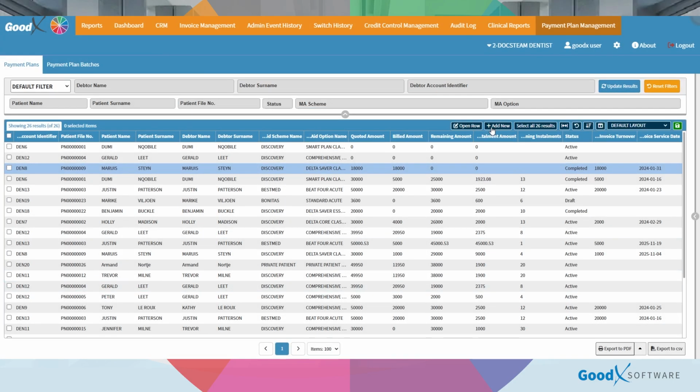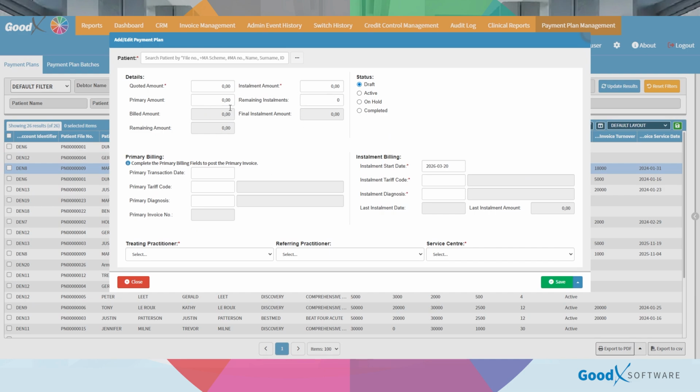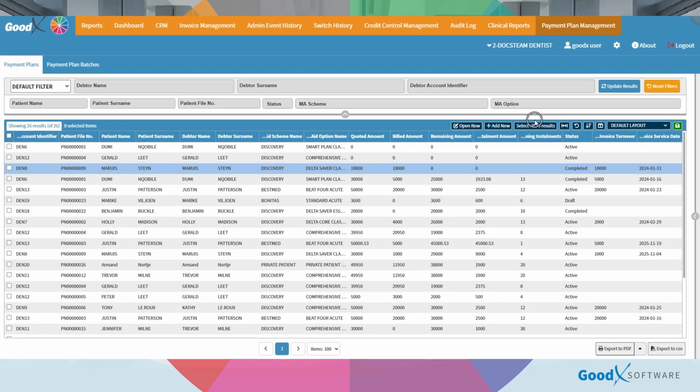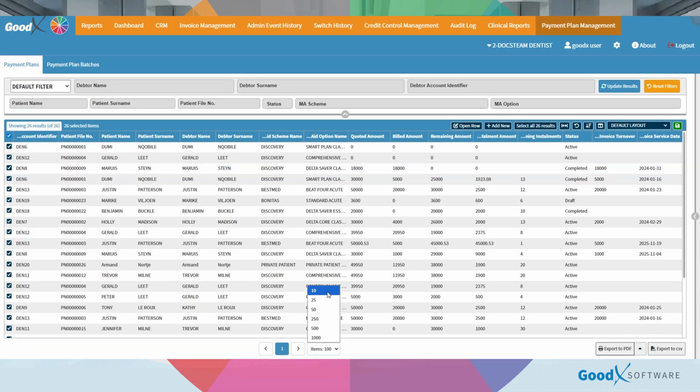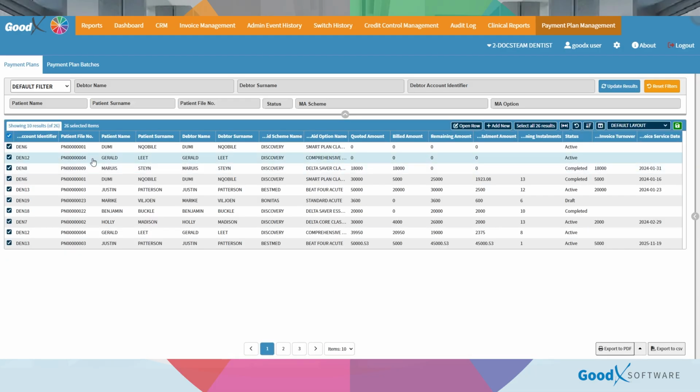Okay, next to that we've got add new. This is us adding a new payment plan, and once we've added this payment plan, it will populate in addition to the other payment plans that we have here. Then select all will simply select all the payment plans that we have on the system, of which at the moment it's 26 payment plans. So if I were to select there, go over to 10, you'll see that it shows the results of 10, but we've selected all the plans that are on the system. Okay, so I'll just go back,